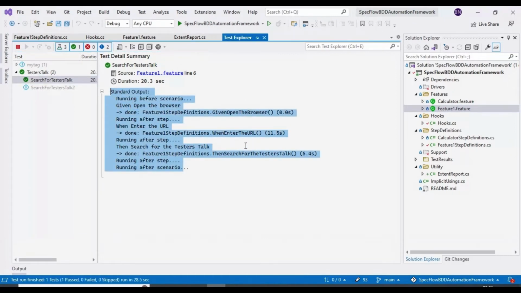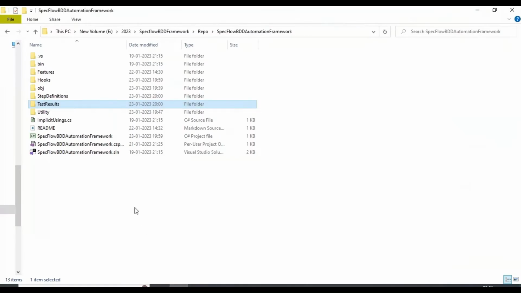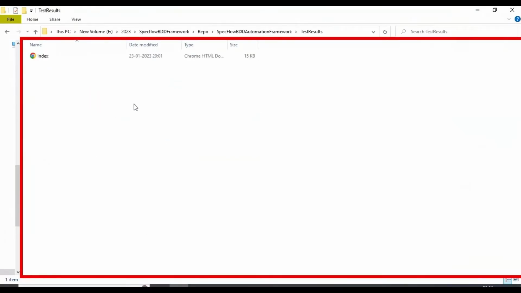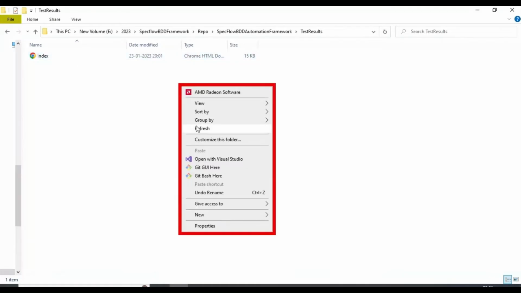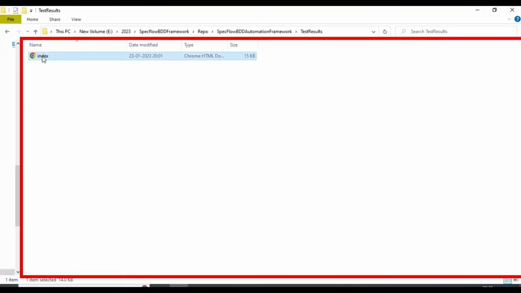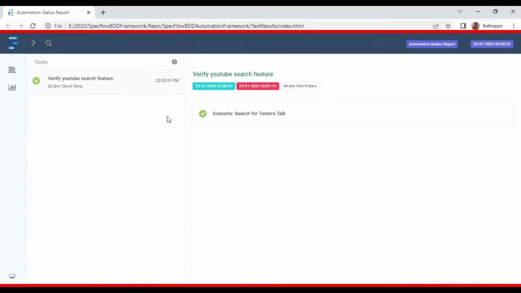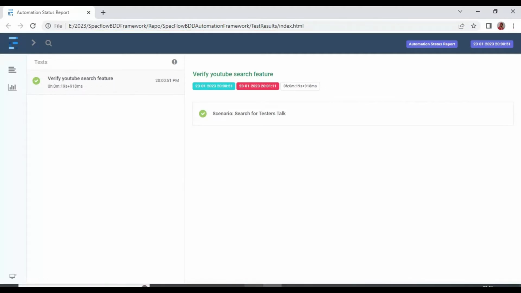Let me go to our folder, test results folder. Let me open this one. So here you can see that index.html report got generated. Let me refresh it and open index.html report. And if you look at this one, so it has logged the property. This is a feature name. And if you look at this one, verify YouTube search feature,